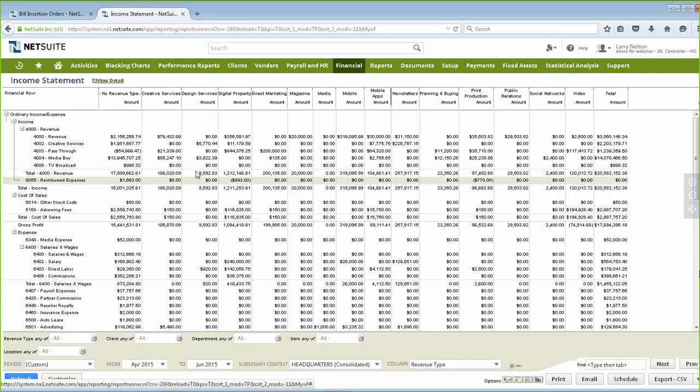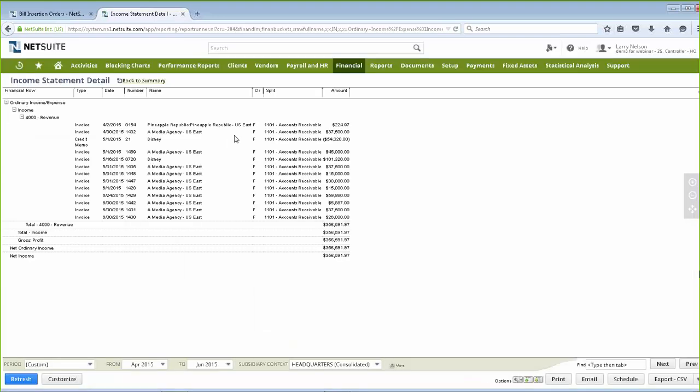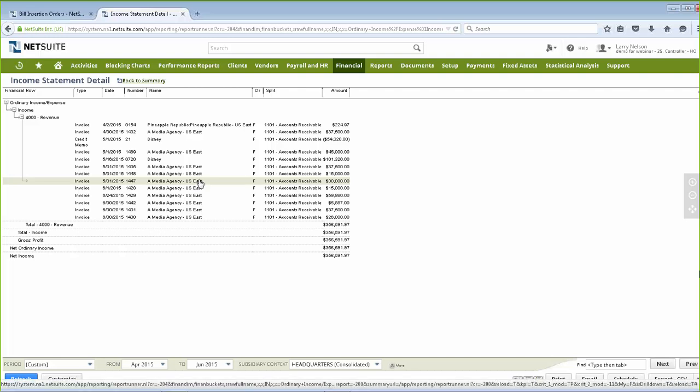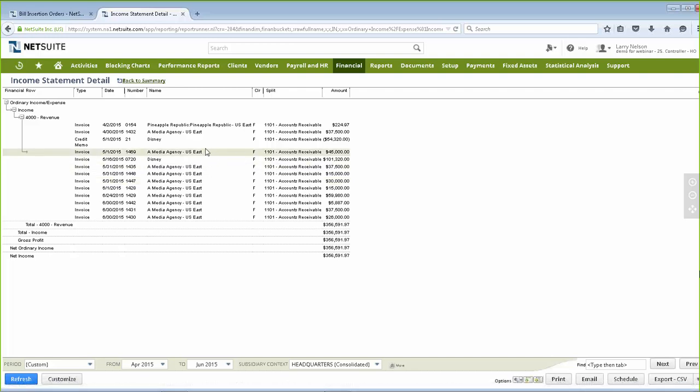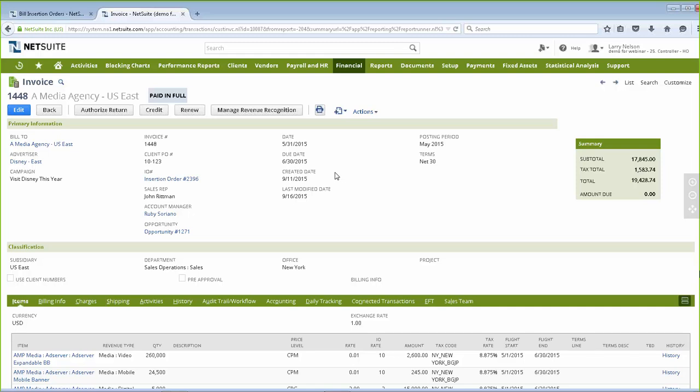And again, I'm able to drill into any of these reports here and see further information right down into the source, such as the journal entries and the invoices. And so I can drill any of these right down into the transaction. And with a click, I can go right from the dashboard into those invoices and see what's happening with these transactions or journal entries or expenses that are in the system.